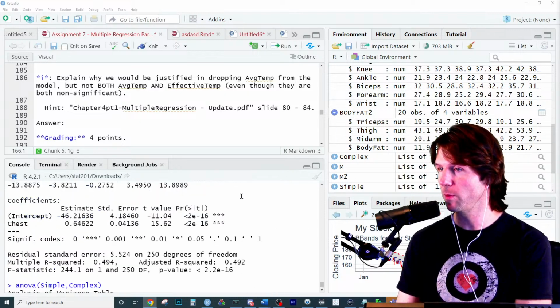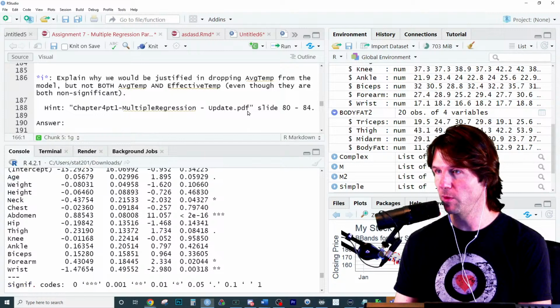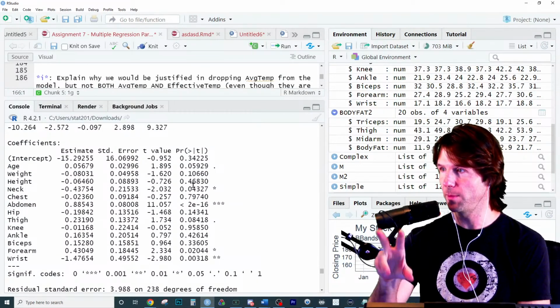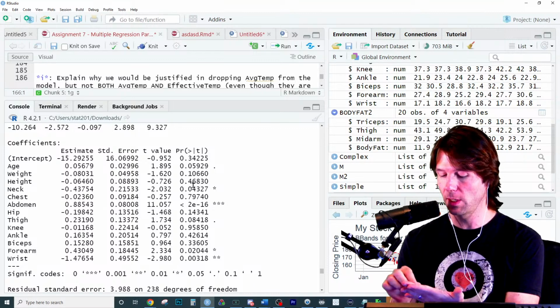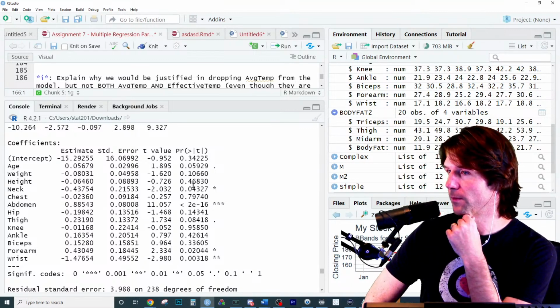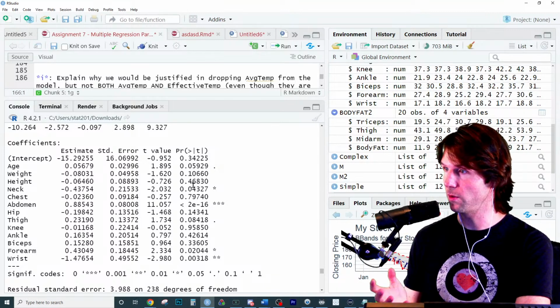So can we just remove one thing in and out of the model? Can you just take one thing and remove it in and out of the model? This is a great note to have. In regression, can you just take one thing out of the model? Can I just look at someone and be like, let's take that out of the model? Can you? Yes, you can.